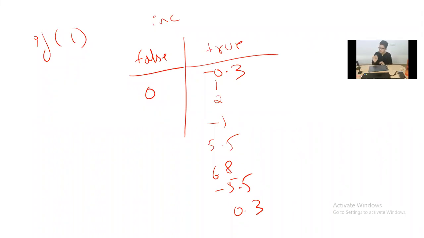Exactly 0, if you write an exact 0, that is the false value in C. But not in Java. In Java, if it has to be true, it has to be true. There is no numeric value for true. True means 1, nothing is there like that in Java, but in C and C++ it is there. I hope you have taken this point. Please take this screenshot. I hope you have taken the screenshot now.